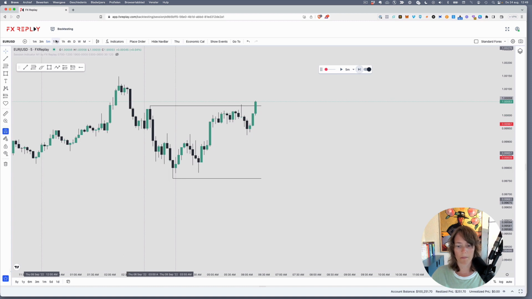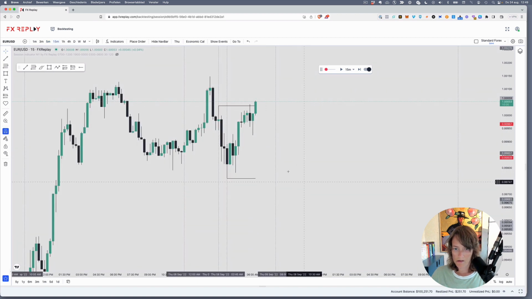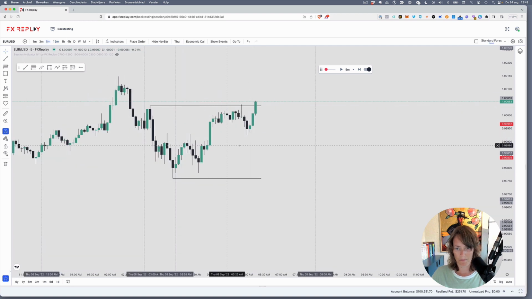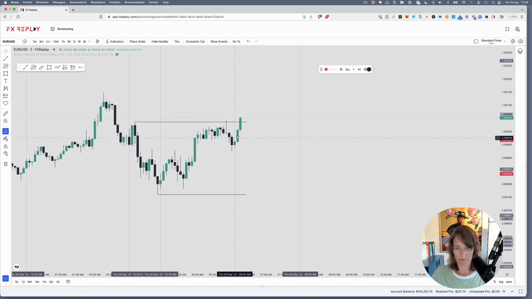And there's our break. And we mark out 8 a.m. 15-minute already filled this gap, so I might not look for an entry below this wick. Nice fair value gap over here, so this would be my entry. It's a little bit risky because it can still maybe take that liquidity, but for now,